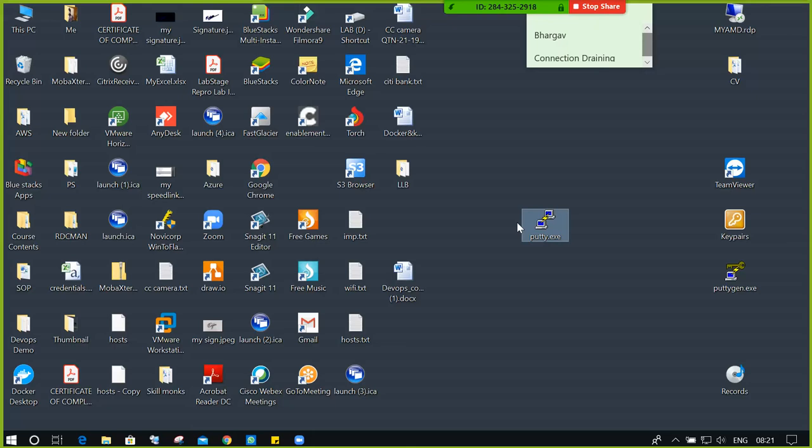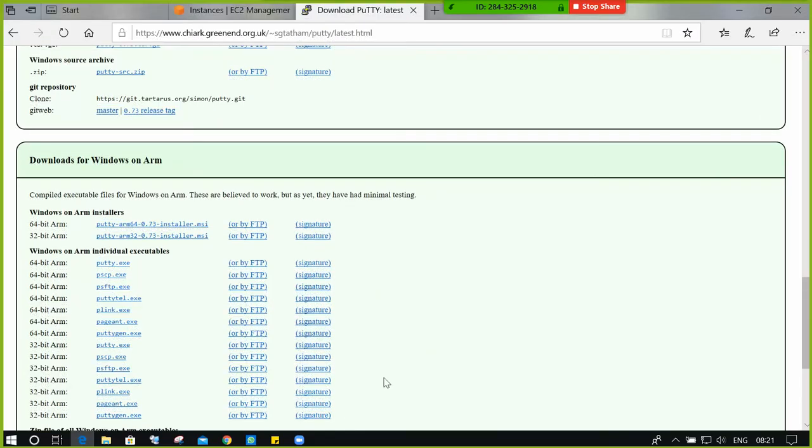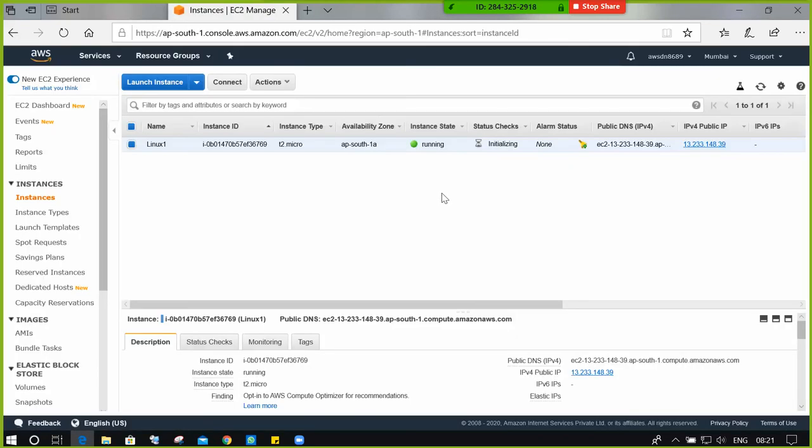So can we directly connect to the instance? We cannot directly connect to the Linux instance by using PuTTY, because first we need to extract the password from the keypair file. You know in Windows how to browse and decrypt the password from the keypair file, but that step is not allowed in a Linux instance.